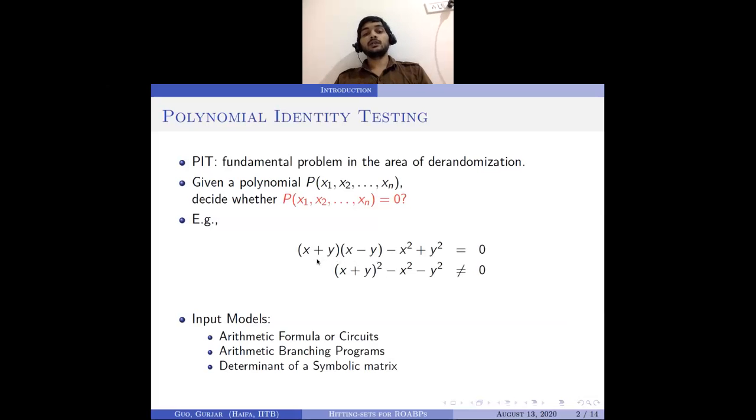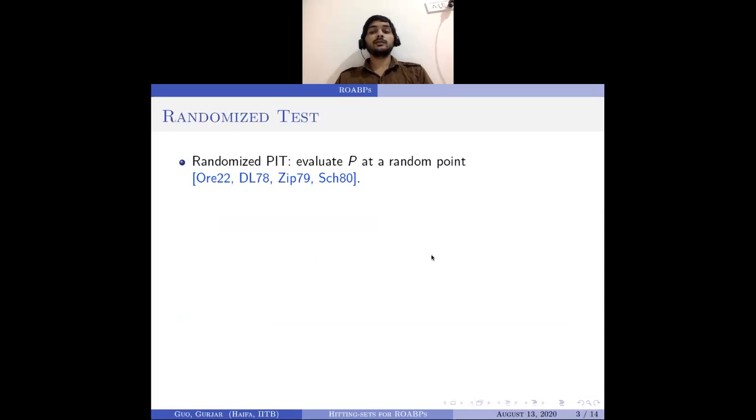On the other hand, if you don't plug in values and just try to simplify such expressions, the size of those expressions might become huge, right? That's the difference. You cannot directly try to simplify this, but if you plug in numbers, then it might be manageable. That's what this algorithm is saying: you plug in random numbers for variables and then evaluate the polynomial. And what these results say is that a non-zero polynomial will evaluate to a non-zero value with very high probability. So that gives you a randomized algorithm to test whether a polynomial is zero or not.